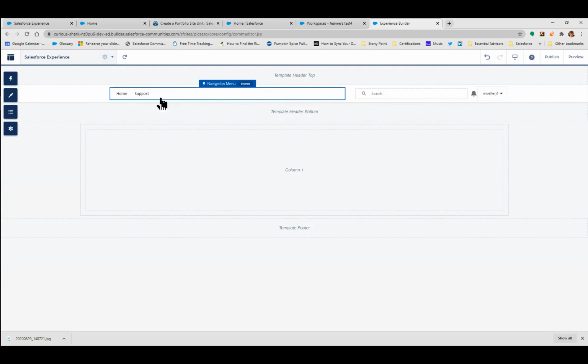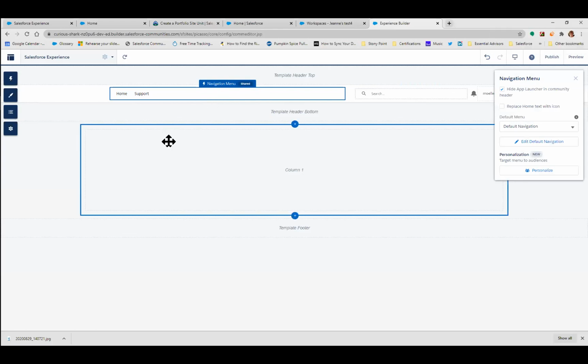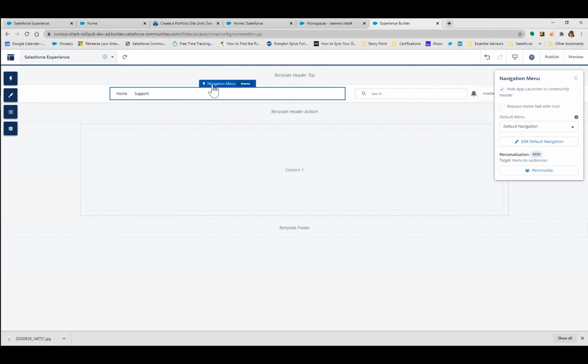Okay, so good question. If I click in between here, like I said, if you click on an area, you're going to get a pop-up over here. So when I clicked on this, it pops up the little navigation menu. And right here, it says replace home text with